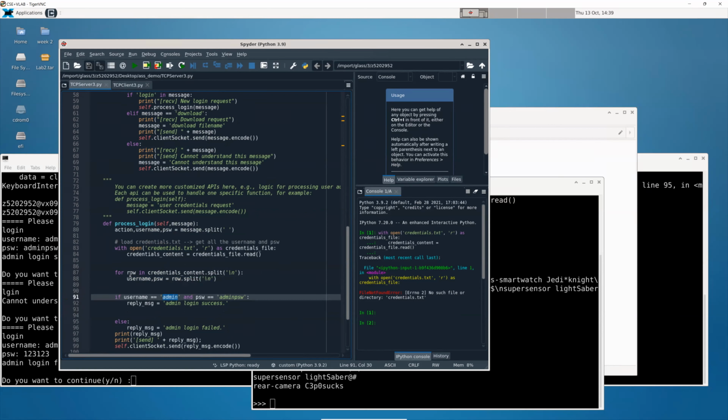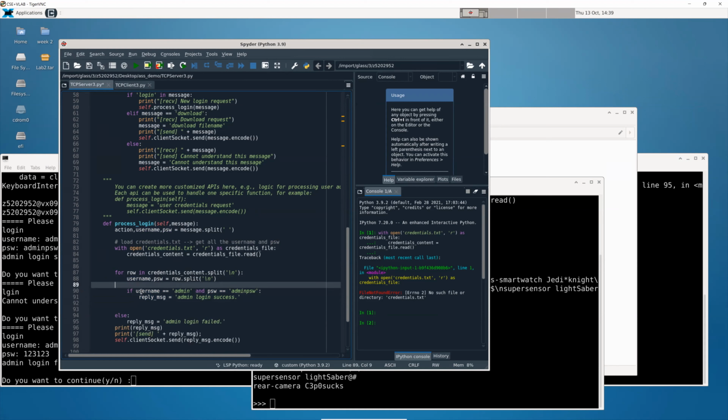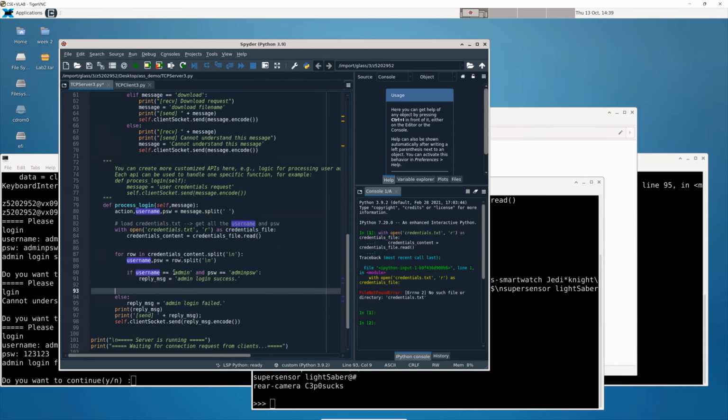If the username and the password are inside here, we need to maybe add them somewhere to save them. And then we just need to compare them, right? We need to do something in this part. If the username is inside this file, then we can do something. So maybe make it easier, and just put it in here. In every for loop, this will waste some resources, but it's pretty easy to do the coding. Anyway, we don't need to save the resources. If the username is equal to this one,